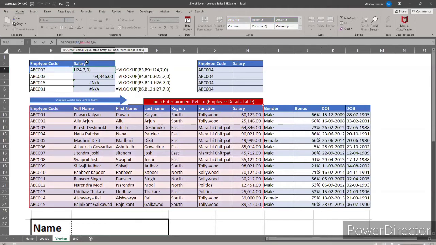To fix the table array, we will use F4 or put a dollar sign before the column or row. And now again I will drag this formula below.